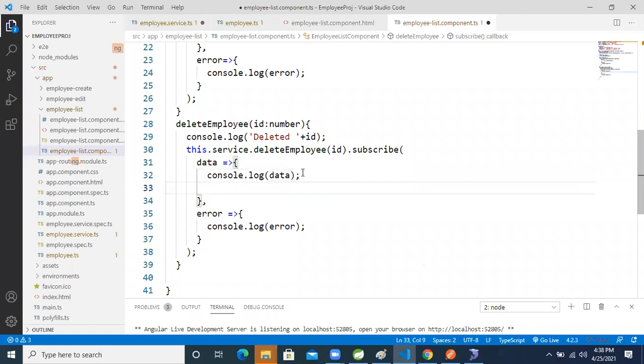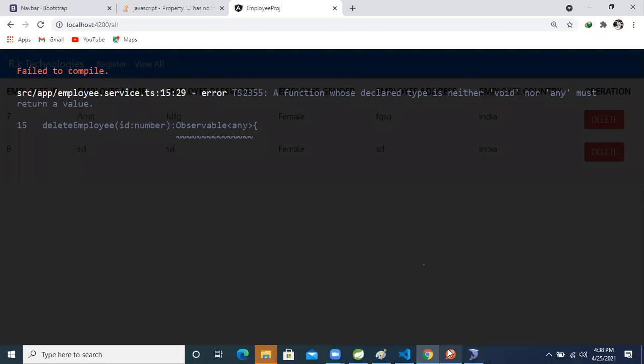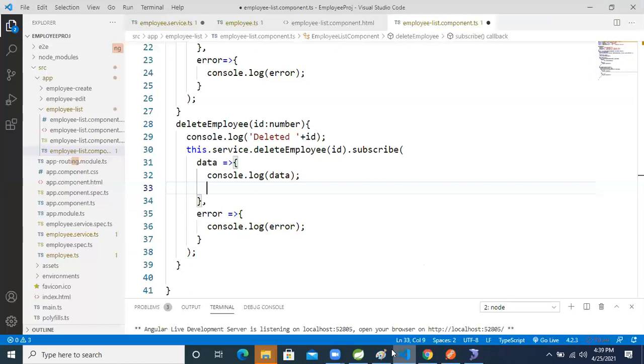Another one more we will do, guys. After deleting that, we need to see the list of data, how many records are there. Okay, no problem. This error is coming, I know why. Okay, now I will tell. Just refresh. I will resolve it. I know why it's coming. From the service class it's coming, guys.